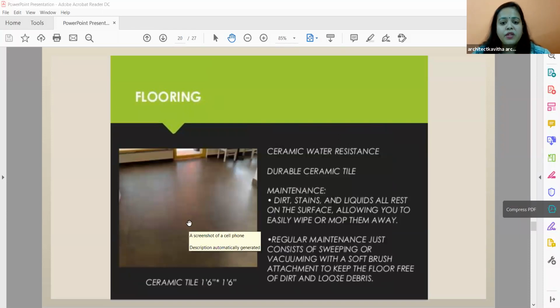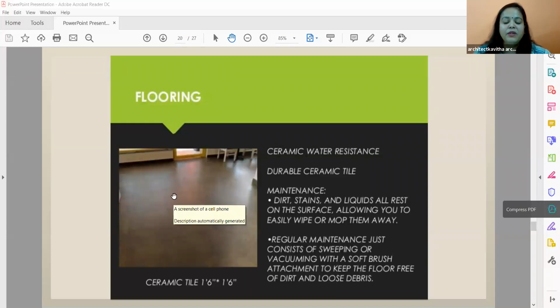Flooring. When it comes to a restaurant, flooring is very important, because you have to keep cleaning the flooring. And today with corona, I guess every day twice or thrice they have to keep cleaning the flooring and all the furnitures. After every meal also, I guess people have to use sanitizers or soap to clean the table. So flooring plays a very important role when it comes to a restaurant, because it has to be anti-skid, and it has to be durable, because you will be cleaning it every day. So this is the tile, and it has to be maintenance free also. So not necessary you have to use carpet and all here. So when you're choosing materials, you have to be careful.